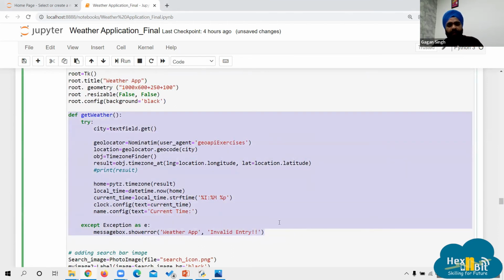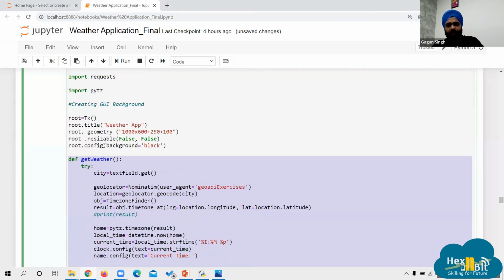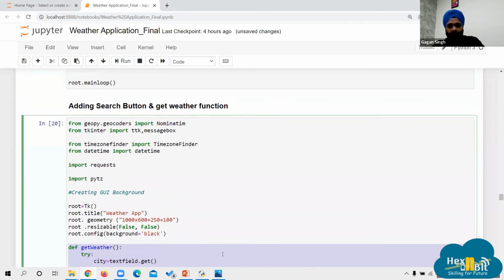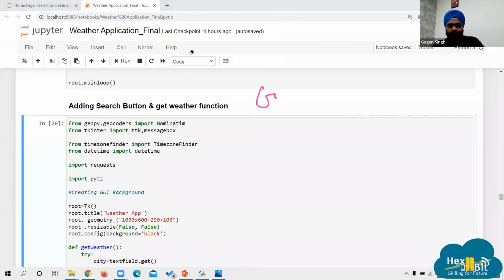Now what this is doing, I'll explain you a bit. For this, we need these modules. The modules required for this is GeoPy. Module name is GeoPy. So GeoPy is used to get the coordinates and all of a particular location.